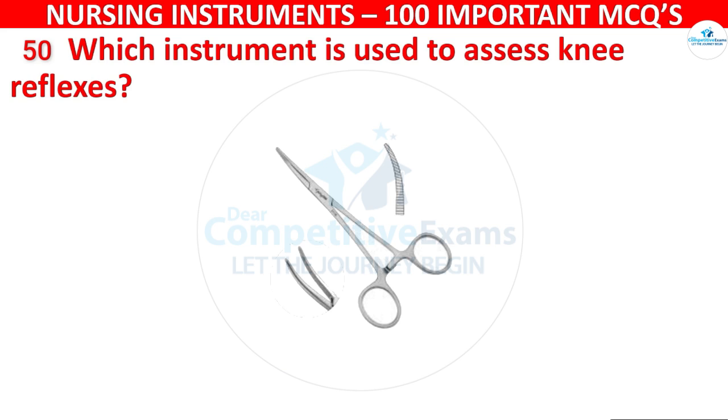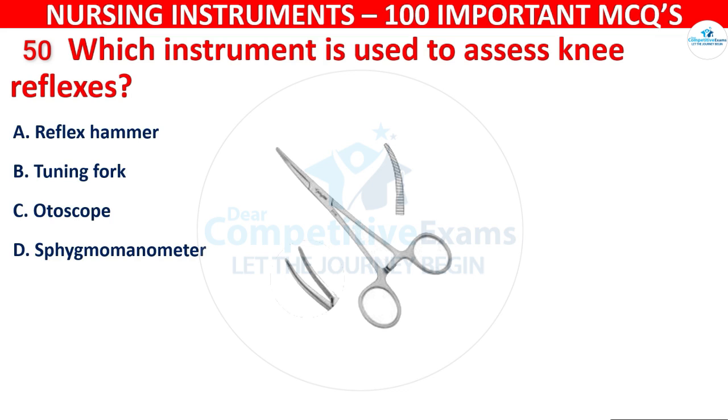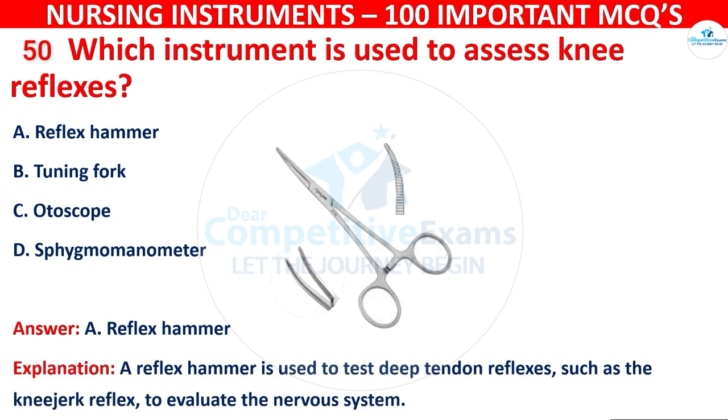Which instrument is used to assess knee reflexes? Your options are reflex hammer, tuning fork, otoscope, or sphygmomanometer. The correct answer is A, that is reflex hammer. A reflex hammer is used to test deep tendon reflexes such as the knee jerk reflex to evaluate the nervous